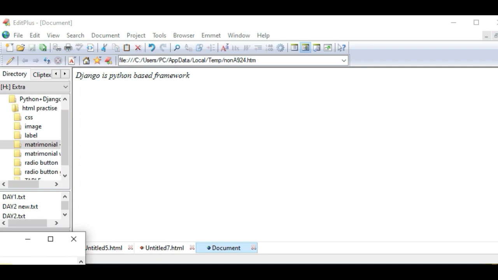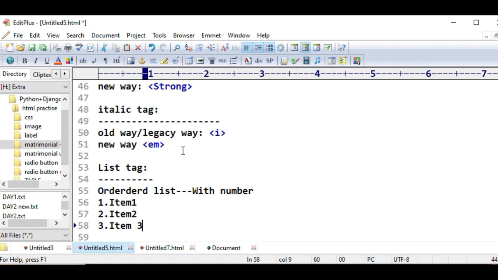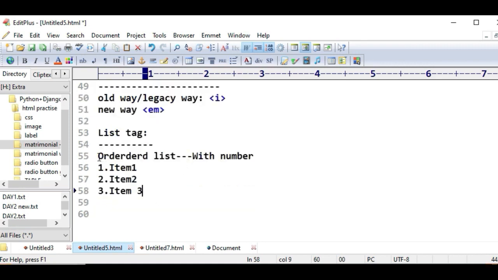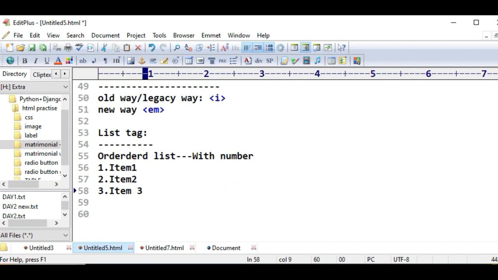Other than this, there is one more tag, the list tag. The list tag is written in two ways. One is the ordered list, which is with numbers, and another is the unordered list.